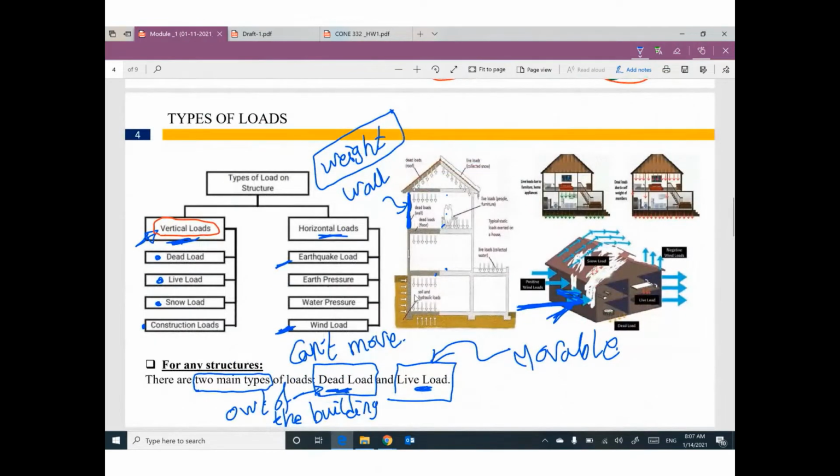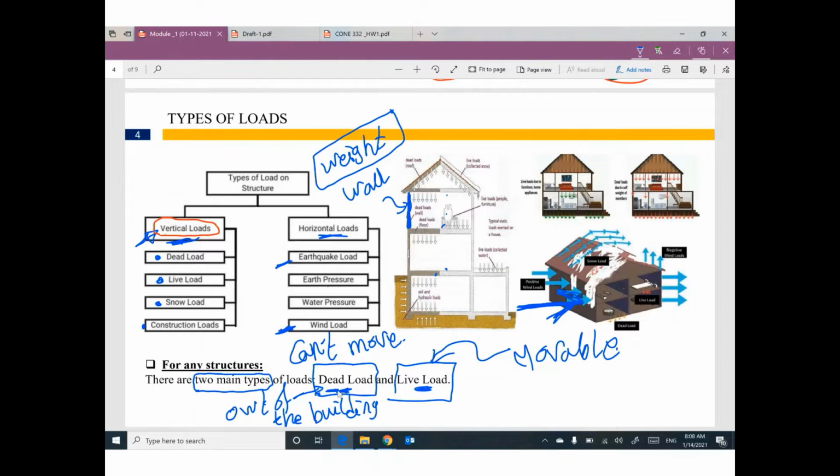Also, I covered what are the types of loads. We have two main types: vertical load and horizontal load. Any structure will have two main types of load: dead load and live load. Sometimes you can find snow load in Texas or Florida or whatever the state. Probably we don't have this type of load, snow load, but mainly we have at least two types